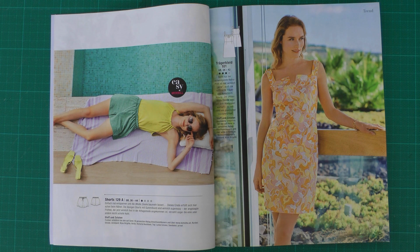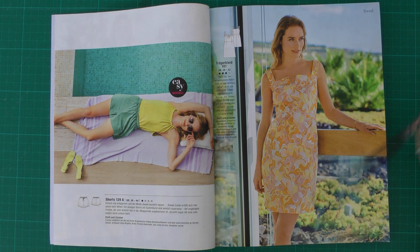so imagine a kind of towel fabric or something like that, or like a French terry, but you have the fluffy side on the outside. Yeah, very easy to make, of course, perfect for the summer. You could easily add some pockets and have it completely